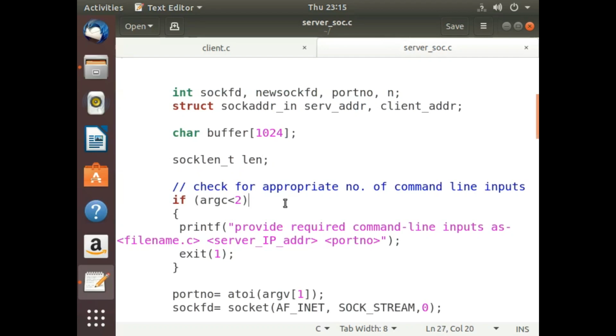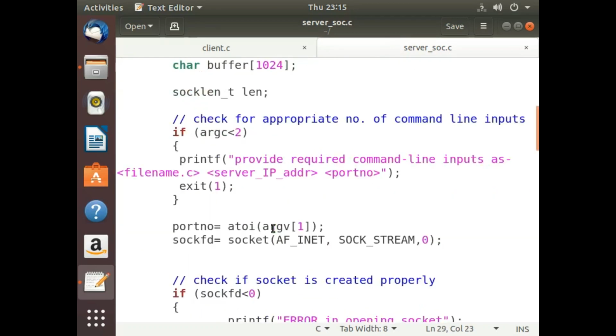Usually the size of an address is 32-bit, but to store it in a particular format we require this data type. Later on, in one of the system calls, we will be requiring this len variable.